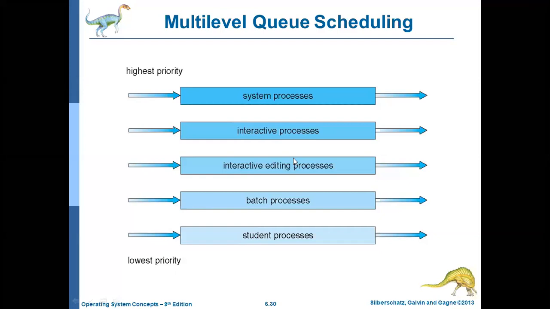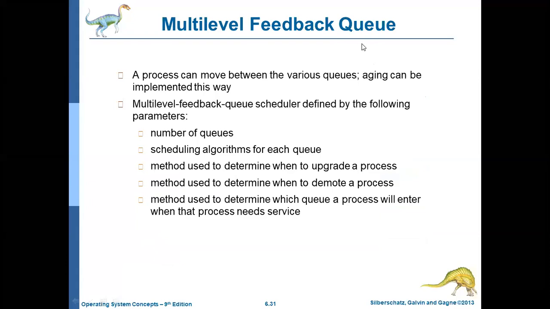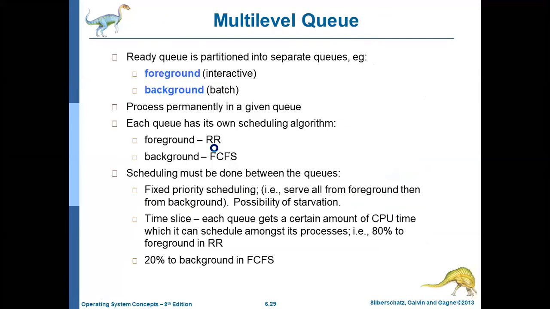All the lowest priority jobs will be starved, that is continuously blocked. Then you have to use multi-level feedback queue scheduling. Let us discuss multi-level feedback queue scheduling. In a multi-level feedback queue, a process can move between various queues. Aging can be implemented. The multi-level feedback queue scheduler is defined by the following parameters: number of queues,